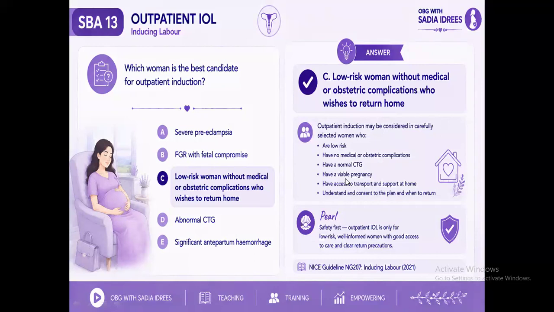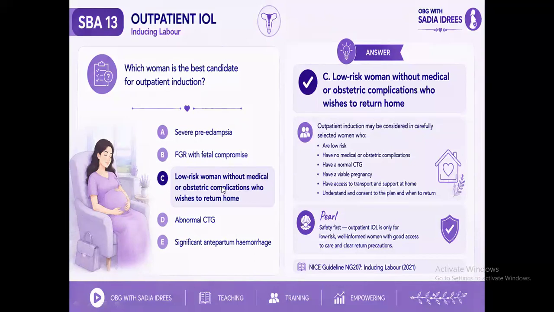They have a normal CTG, they have a viable pregnancy, they have access to transport and support at home, and they understand and consent to the plan and when to return. So immediately eliminate preeclampsia, immediately eliminate fetal growth restriction and fetal compromise. They need monitoring, obviously. So the best candidate is an uncomplicated, appropriately selected low-risk woman who understands the plan and wishes to return home. And whenever you see outpatient care in an exam, your next thought should automatically be safety netting,